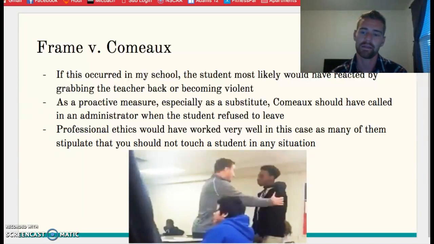As a proactive measure that we've taken in our school, we de-escalate it and don't let it get to that point. If it does get to that point, we let the student sit there and do what they're doing, whether it's sitting or refusing to leave class, and then we bring in administration. That's a big push that our administration has made. Instead of getting upset or angry, we're instructed to call administration. They come deal with it.